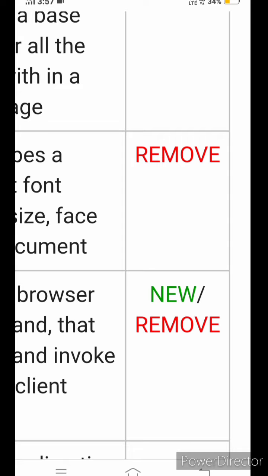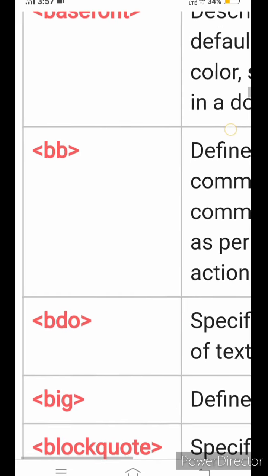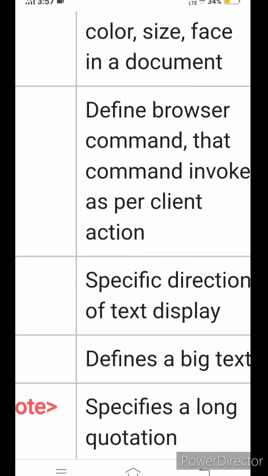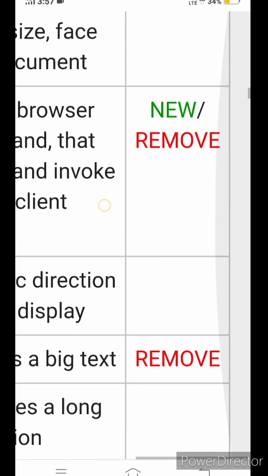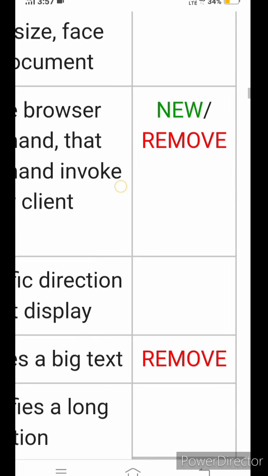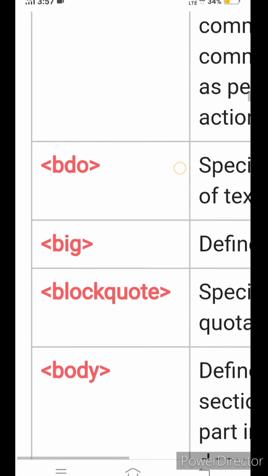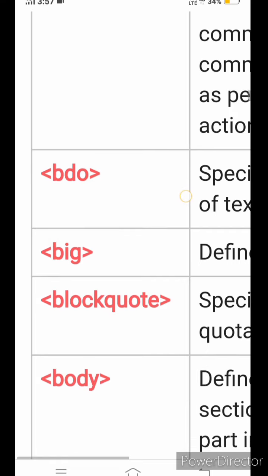This is removed in HTML5 version because of some problems with this tag. BB. The BB tag defines a browser command. That command is invoked as per client action. This is not clear in HTML5 version, whether it is new or removed, because sometimes it works and sometimes it does not work in HTML5 version.